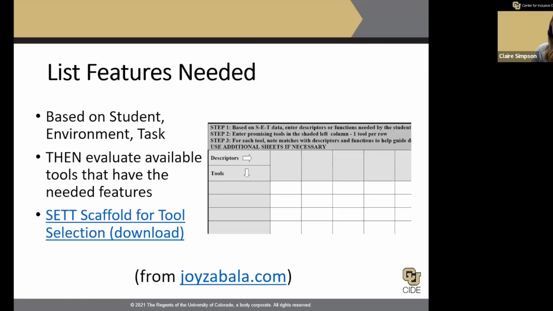So once you've gathered this information, your next step is to record the features needed based on the student and the environment and the task. And the SETT process has this SETT scaffold for tool selection handout. It's available on the SETT Tools website, which is found at joyzabala.com. And it's just a really helpful way to record all of this and make sure you're capturing all the information